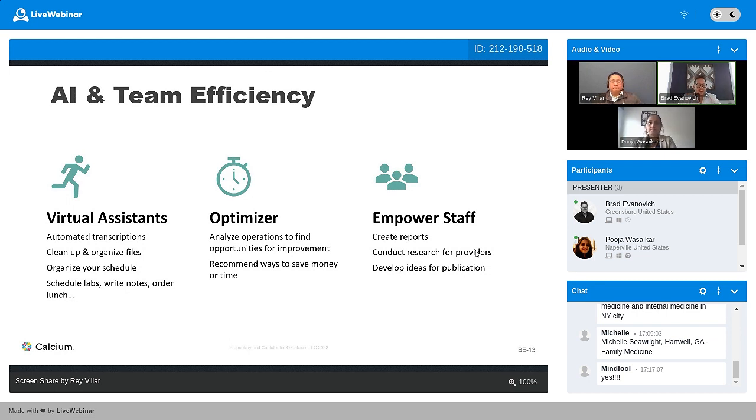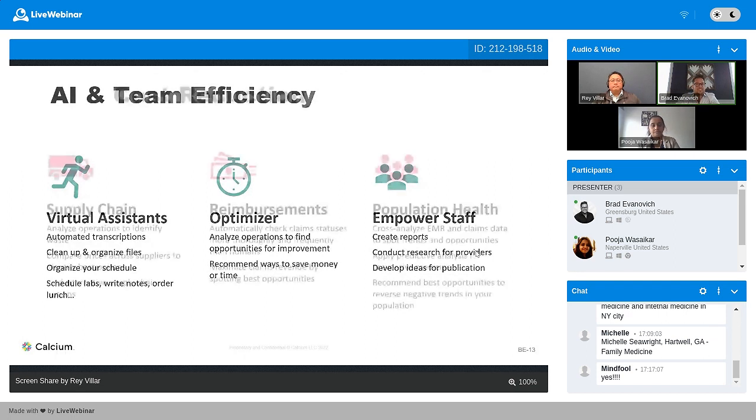So by automating routine administrative tasks, such as maybe billing or coding, it could free up valuable time for healthcare professionals to focus on what they do best, and that is provide direct patient care, right? Next slide.